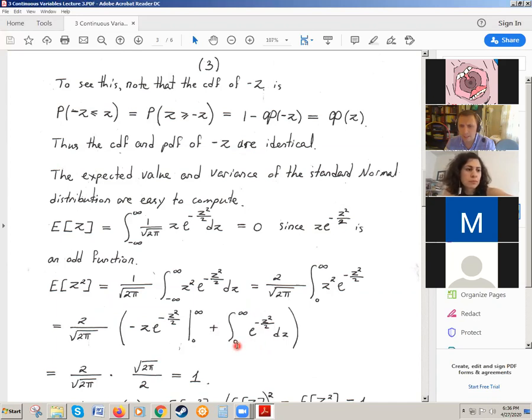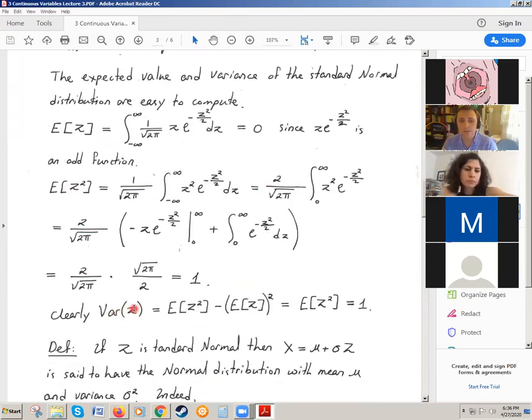And then this integral, it's a difficult integral, but I already know something about it. It's from 0 to infinity, and this is half of root 2 pi. Because if it were from minus infinity to infinity, it's an even function, that would be root 2 pi, as we calculated above. And now we just have half of it. So we end up with the number 2 over root 2 pi multiplied by root 2 pi over 2. They cancel each other to 1. That means that the expected value of z squared is equal to 1.